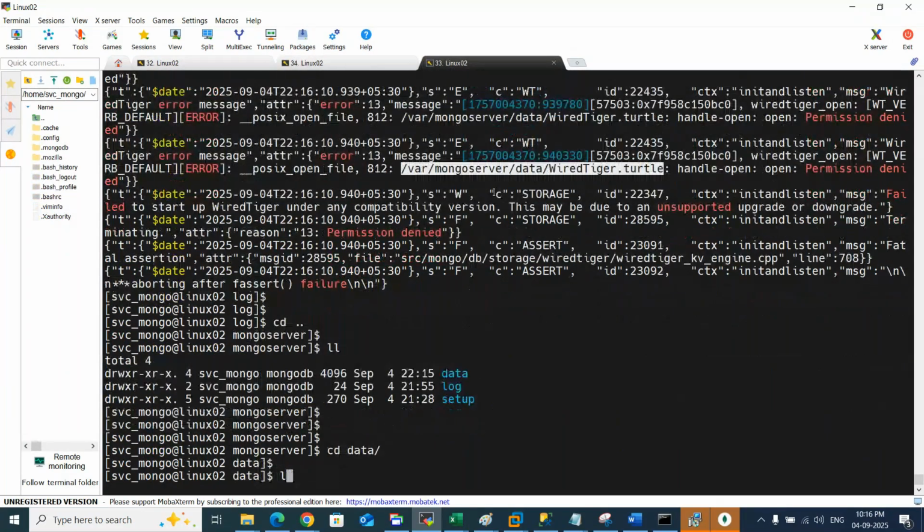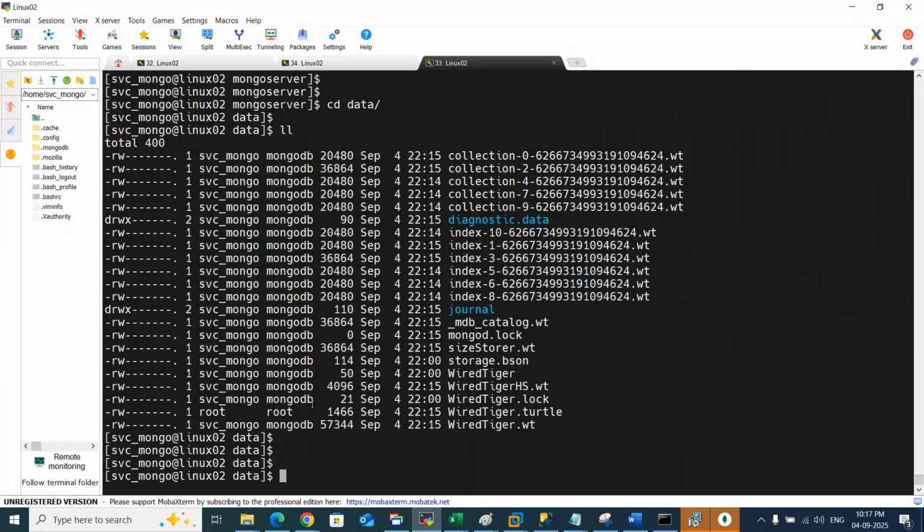So this is what happens if someone starts the server with root. So here chown recursive: if anything is there, not only this directory but any subdirectories, that is owned by root, it should recursively take the ownership. -R means recursive. So svc mongo, MongoDB. Then asterisk. Asterisk means everything, wherever, I don't care. All of it has to be owned by this account. If I run this,